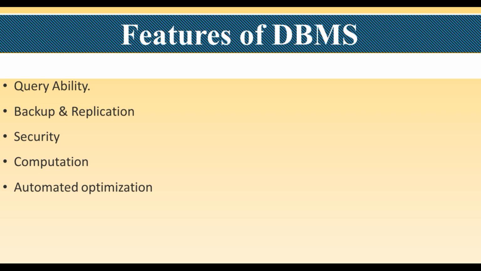Next thing, backup and replication, student. The bank server has a number of options for a real disaster. In such a condition the DBMS has the backup option also. With the help of backup, it immediately backs up your data to another server, that means this is a centralized server, or somewhere else. Replication, whenever you feed the information, it will be reflected to other servers also.